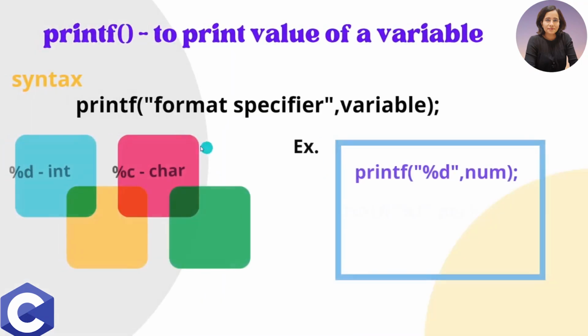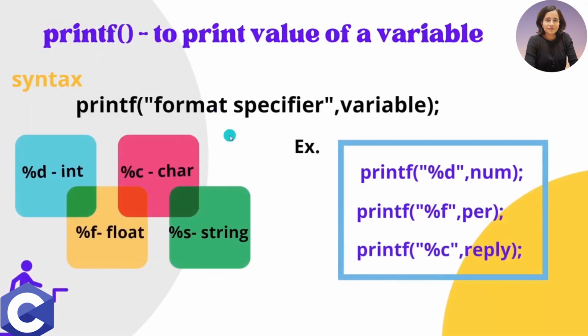The other way of using printf is to print the value of a variable. This is the syntax to print the value of a variable. First we have to mention the format specifier, then the variable. The format specifier is used to specify the data type of the variable. There are four format specifiers we can use. %d is used for integer values, %f is used for float, %c is used for character, and %s is used